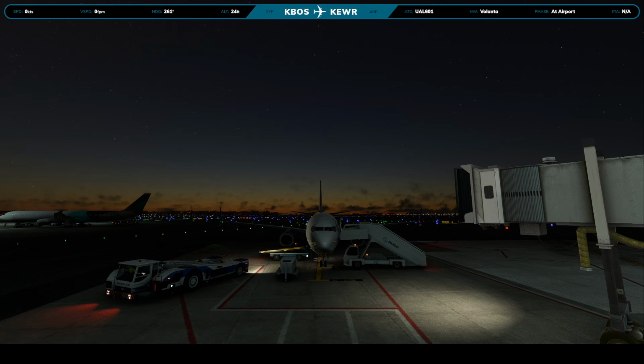So we are doing an early morning flight today, so hopefully we'll get some nice sunrise views on the departure. And as you can see from the overlay, this is a nice early morning flight from Boston Logan and we are heading down to Newark. This is a United Airlines flight, United 601, and we are in the PMDG